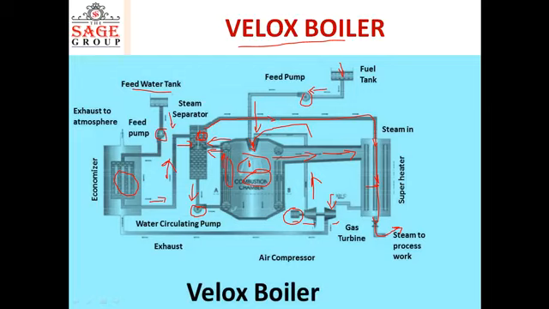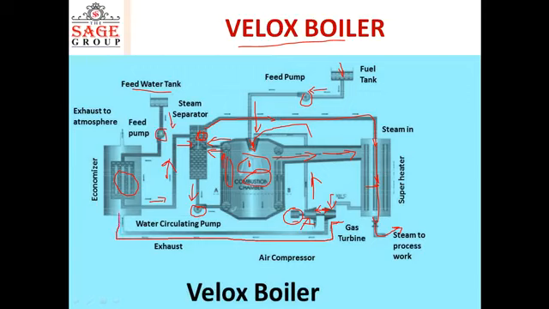Initially, when the cycle starts here, the motor will give power to the compressor. This is the compressor. But when the cycle starts, the gases will come from the superheater and will run the gas turbine. The gas turbine and compressor, these two are coupled together. So now the air compressor will take power from the gas turbine, and then this electric motor will be cut off.